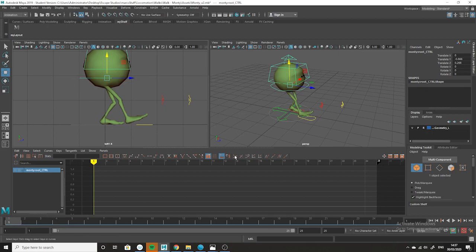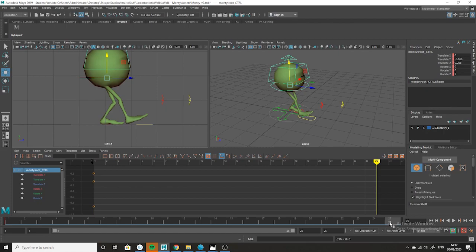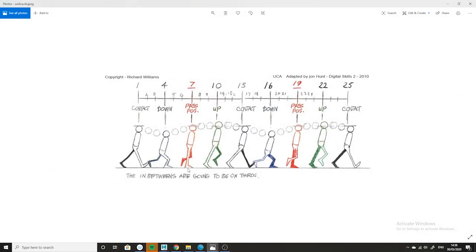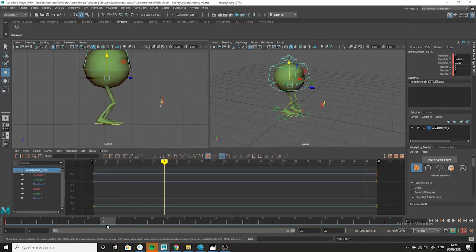This is the body control. I'm leaving the legs for the time being. I'm going to have the same key in frame 25, so I'll go to frame 25 and I'll key here. And then I'm going to look at the passing positions on this diagram. The passing positions are in red. Now I know here it should be coming up slightly, so I'm going to pull it up on the passing positions, which are 7 and 19. So I'm going to go to frame 7. I'm going to pull it up a bit,